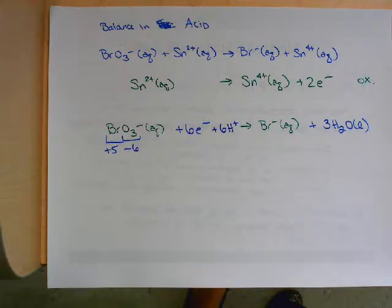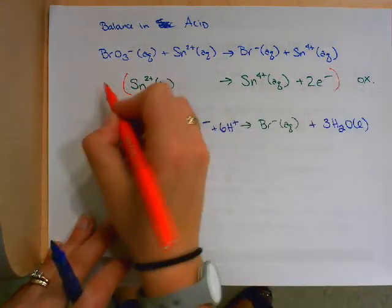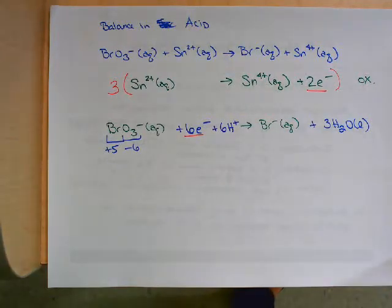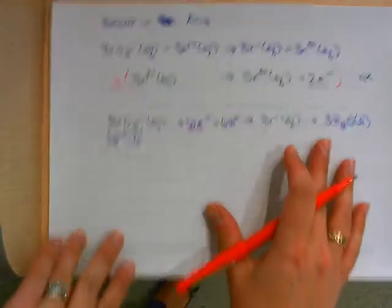Can I add these two reactions together right now? No. What do I need to do to my tin reaction to be able to balance it out? Multiply by 3. So that these will cancel out. Alright, because I have 6 in but only 2 out, so if I do that, now I have